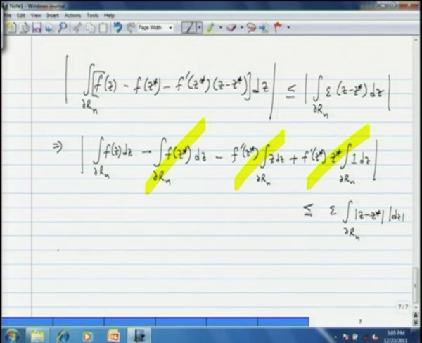These yellow things are zeros. So, what I get is that the modulus of the contour integration of f of z dz on R n is less than or equal to epsilon times... Now, I am going to use the estimation theorem we saw in the last session, and say that the modulus of z minus z star in R n is at most the